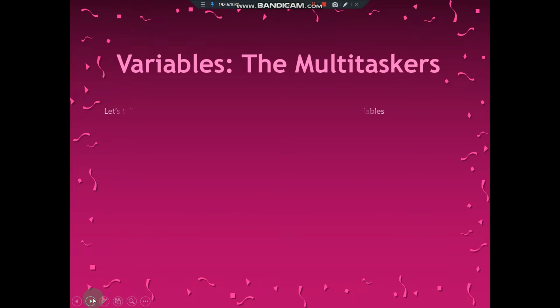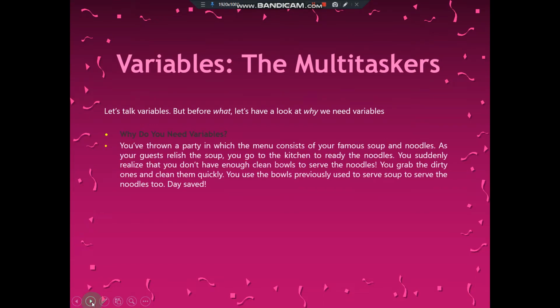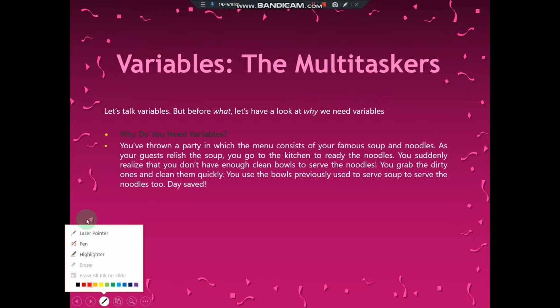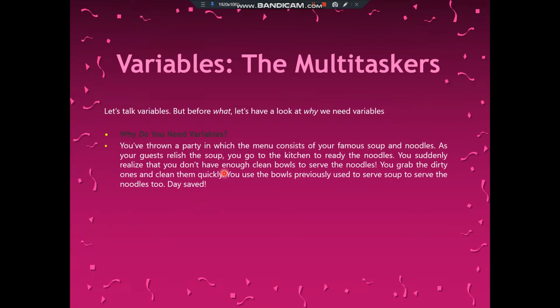Variables, the multitaskers. Let's talk variables. But before, let's have a look at why we need a variable. Why do we need variables? You have thrown a party in which the menu consists of your famous soup and noodles.